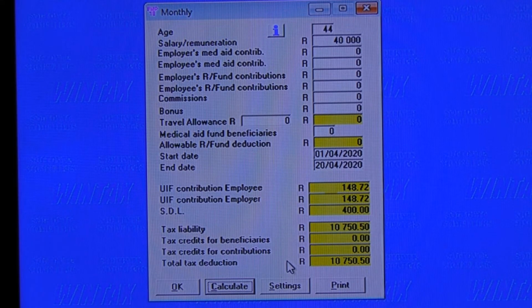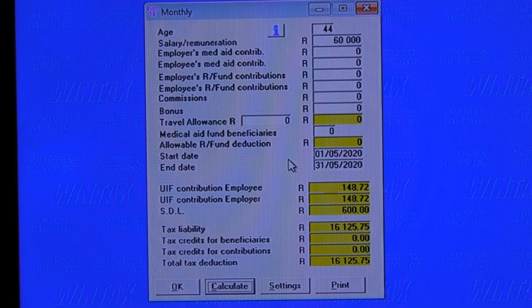The program shows pay-as-you-earn of 10,750 Rand and 50 cents due on the 40,000 Rand. SARS says that if a taxpayer leaves the job earning a certain level of income, then the taxpayer will not just sit at home, but will continue working somewhere else for the same income level. If we change the month to May, which has 31 days, and the employee still earns 60,000 Rand in the full month of 31 days, it pays the same tax as is paid in a full month of 30 days